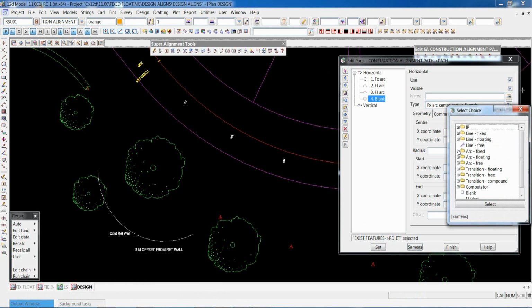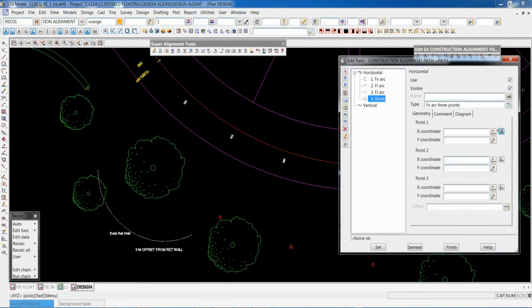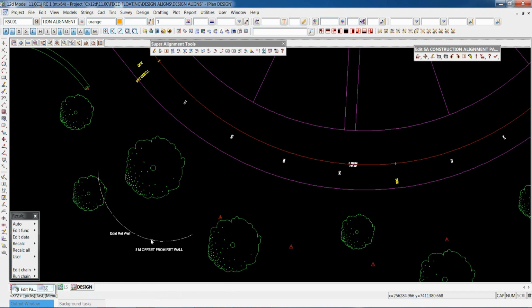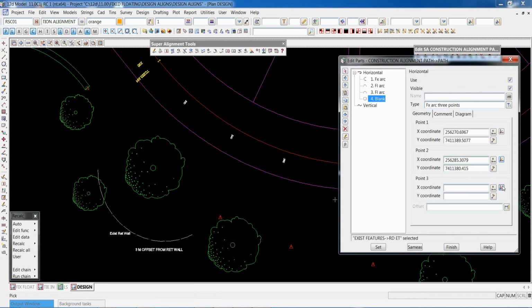It's been draped, so it's got to be back to an arc. 3 points again. So I'm going to pick a point on here, pick a point on there, and a point on there. I need to have my offset here. So again, it's going to be -3 offset.